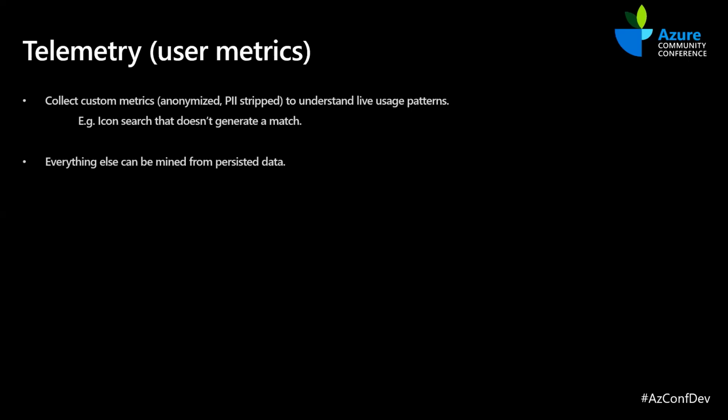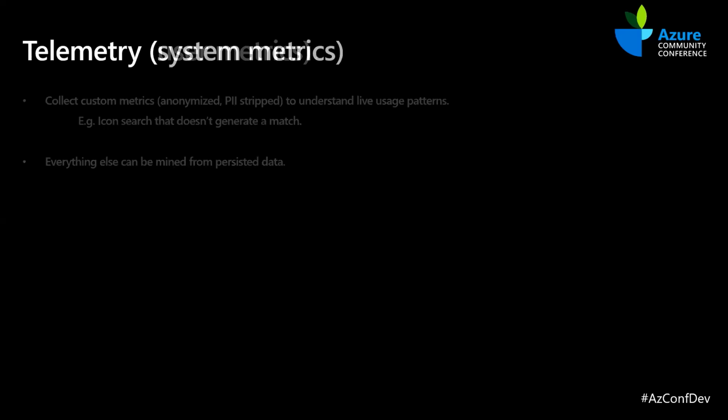Everything else, all the diagram metadata, is persisted as JSON in our DB, so we could mine from that. This is why we run the graph queries using the Gremlin APIs. So we keep the custom events to a minimum. So essentially, stuff that we cannot mine from the graph metadata.